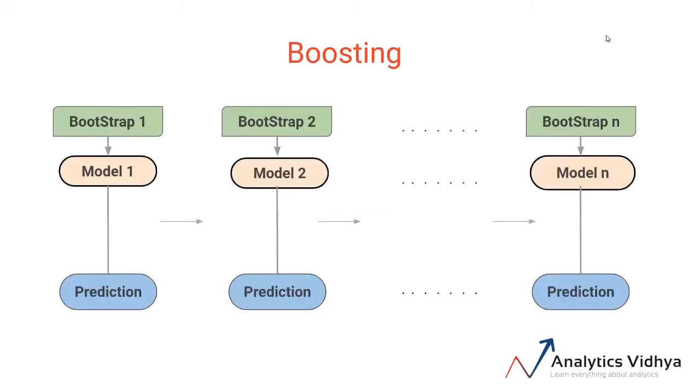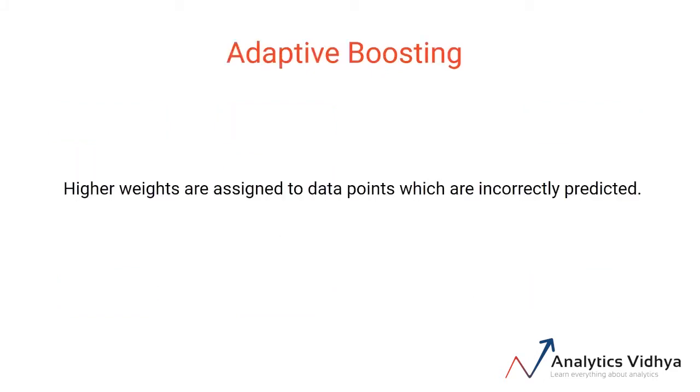Welcome back. In the last couple of videos, we understood how the process of boosting works, and we also saw an algorithm, gradient boosting machines, which works on correcting the errors of the previous model by building new models on the errors. Now, here's another algorithm that uses the boosting technique, which is the adaptive boosting algorithm, and it's more commonly known as AdaBoost. In the case of the AdaBoost algorithm, higher weights are assigned to the points which are misclassified or incorrectly predicted by the previous models, which means that each successive model will get a weighted input.